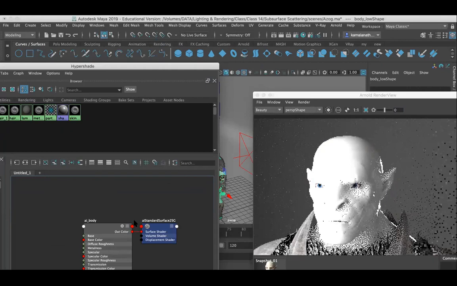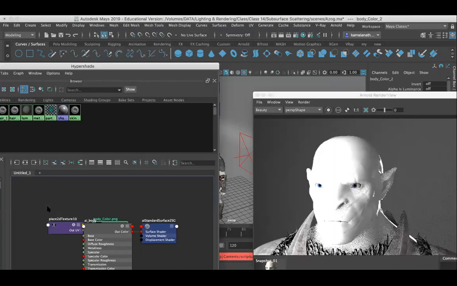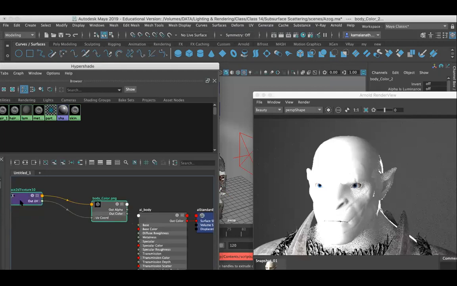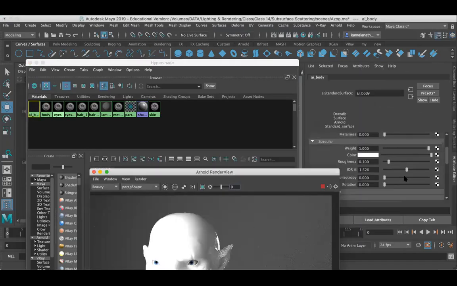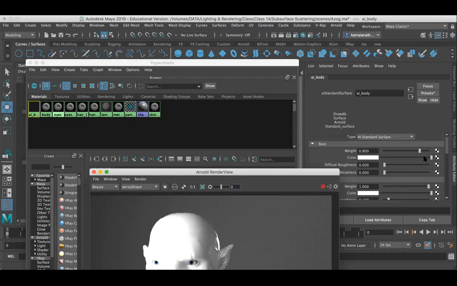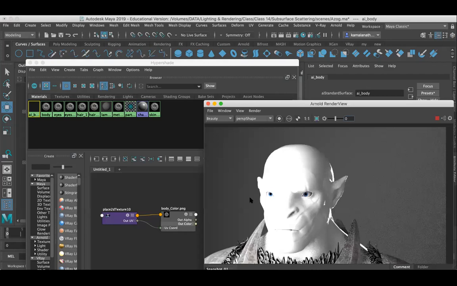Once it is done, you can see I have some textures. I have to add some color texture here. Drag the body color and drop it here. You can see I have a node. If you find this difficult, just double click on the material. Then under the color, you can add the file. As I told you, I'm just assigning the image here.